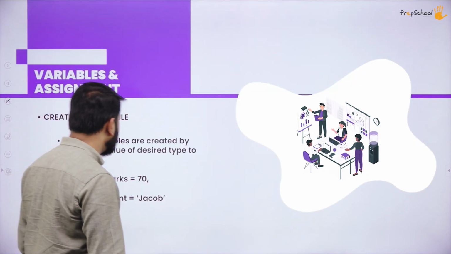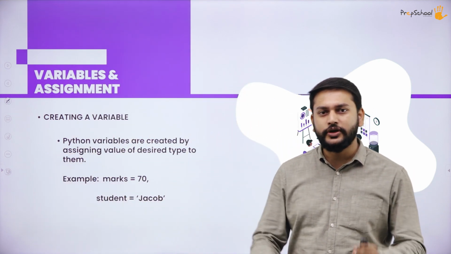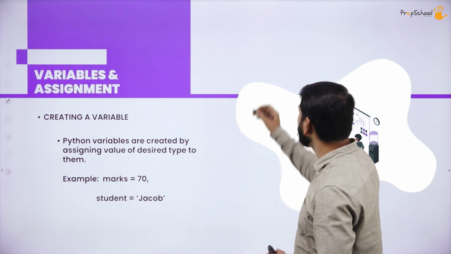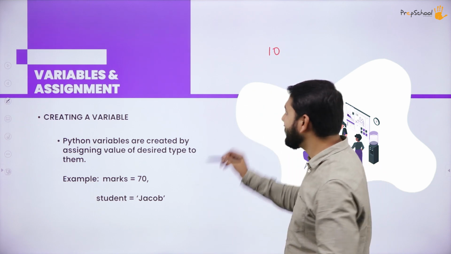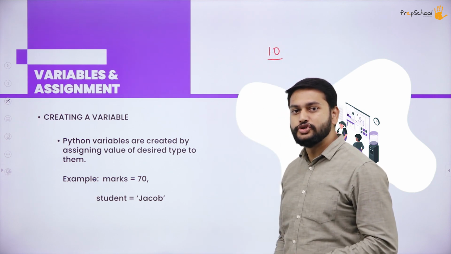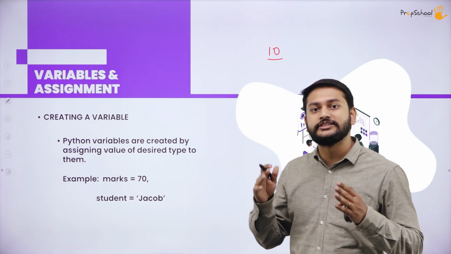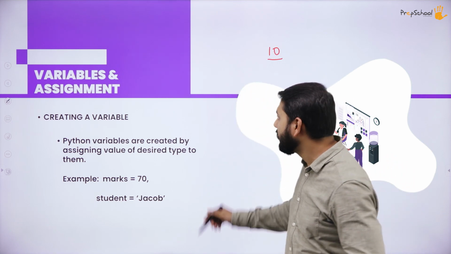So guys, I have variable assignments. What is a variable? Let me explain the concept. If I want to store any value, for example, 10, where exactly will I store this 10? For this 10, I have to create some memory, and for that memory, I have to give a name. That is what I will call a variable.